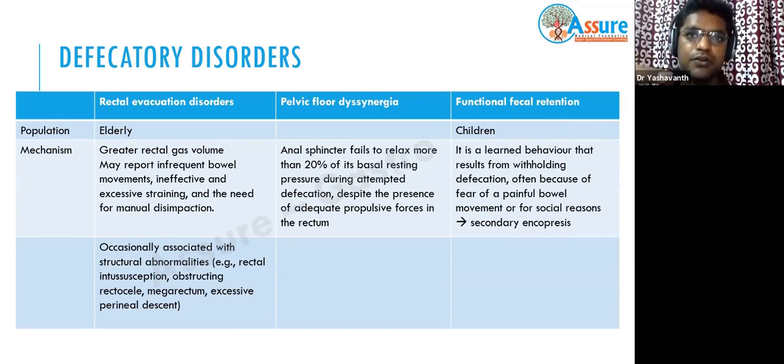What happens is, usually because of fear of pain or some scarcity, they tend to avoid defecation. They usually put the legs closer, thighs closer, and try to avoid defecation because of pain or any external means of fear. Because of this, the stool gets accumulated, and this cycle keeps repeating. After a time, the rectal compliance will increase, sensation will decrease, and they can store a large amount of stool within the rectum and sigmoid, which will become hard, a fecalith sort of thing.